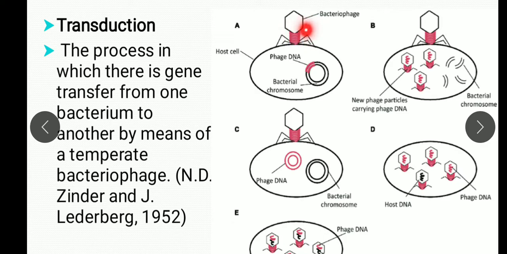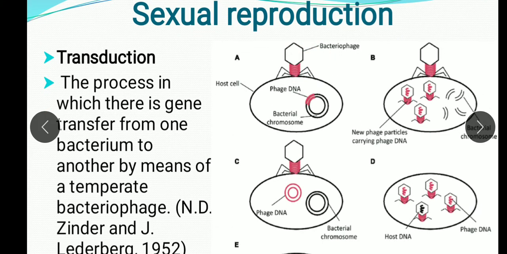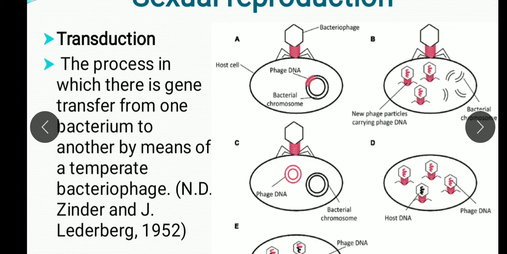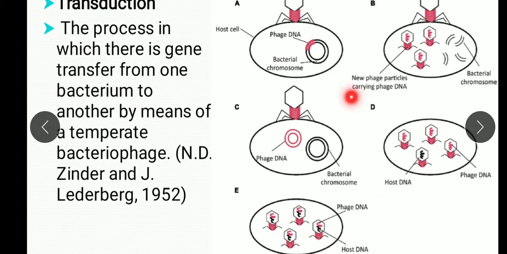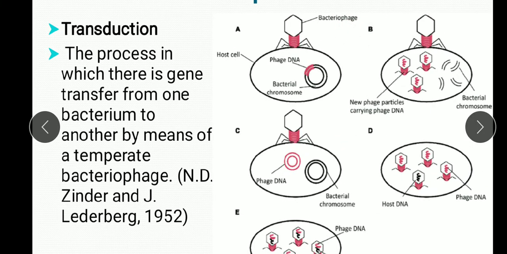And when this phage particle infects a new host cell, because first it receives the bacterial DNA, and when this infects the new host cell, then what happens, it injects the genetic material into the new bacterial cell, and this chromosome fragment undergoes base pairing with the host chromosome, integrates and becomes a permanent part of the infected chromosome. So phage particle transfers its DNA. This is bacteriophage. It transfers a DNA into the host cell and becomes a part of the bacterial chromosome.